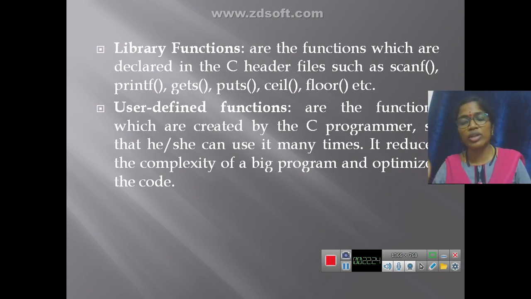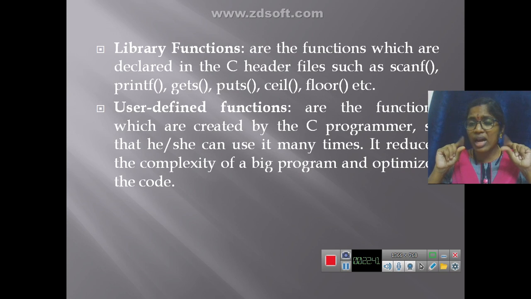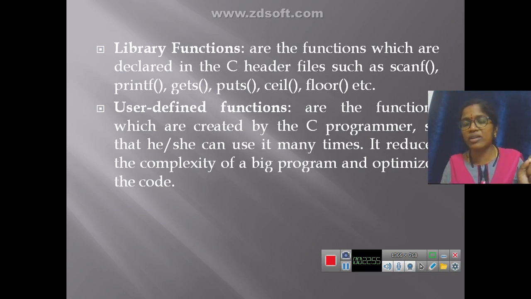The work of the console input output header file is to perform the task onto the monitor. So library functions are the functions whose definition is declared in a header file. We link the header files so that we can work with them. We are writing printf, so what the printf has to do is written. That means the function definition for printf is written in the header file. So we are linking the standard input output header file so that our printf and scanf will work.